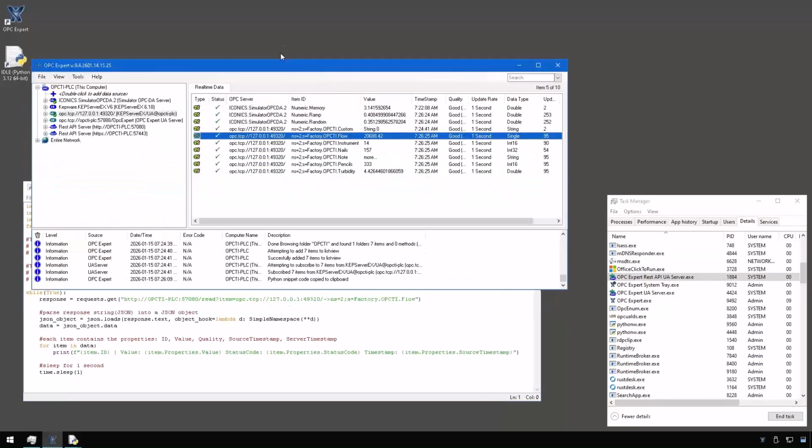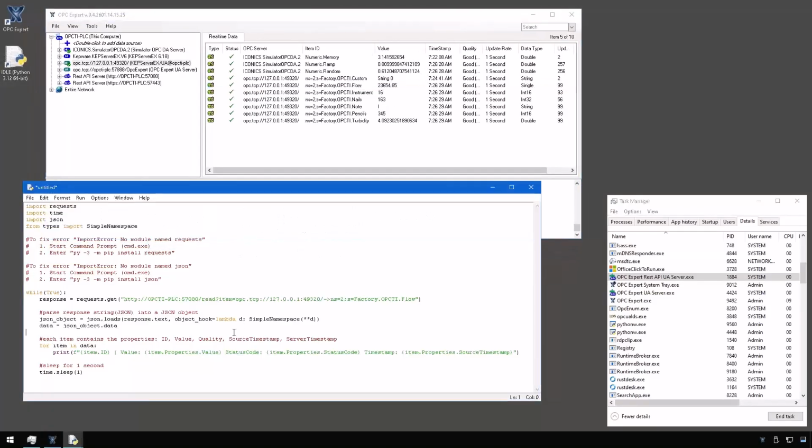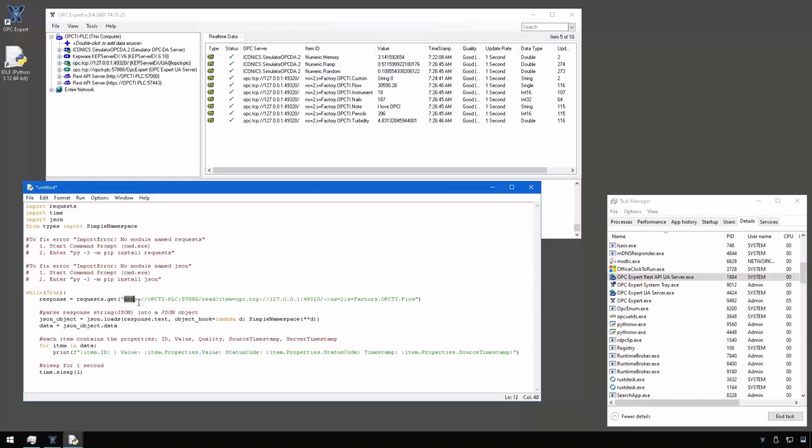So now we can see this data in OPC Expert, and we can see our code. Now, these are just comments for those of you that don't know Python well. We've got some importing. There is the actual application. This is the key information here. So what we're doing is we're going to this computer. That's my computer right here. It's this computer. And it's going to read. And here is the